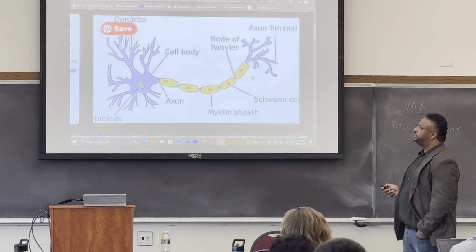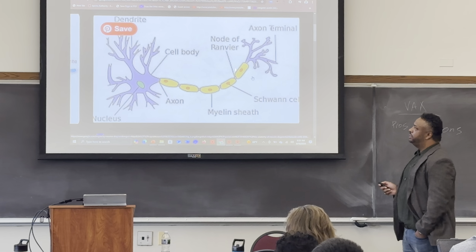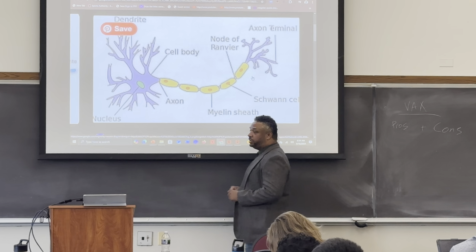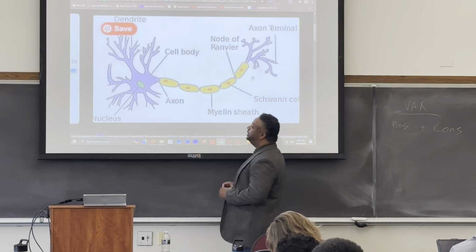Think of it like an electrical wire. Maybe you've got copper inside, and then you have this thing around it called the myelin sheath. You can think of that almost like the rubber or silicone covering over an electrical wire. So essentially you're sending electrical and chemical impulses of information down this highway system from one area to the